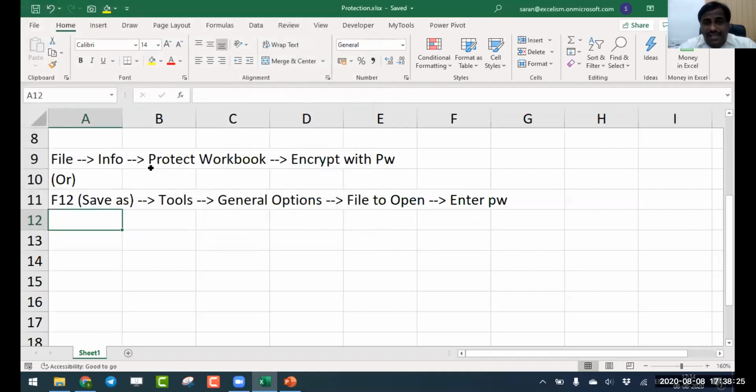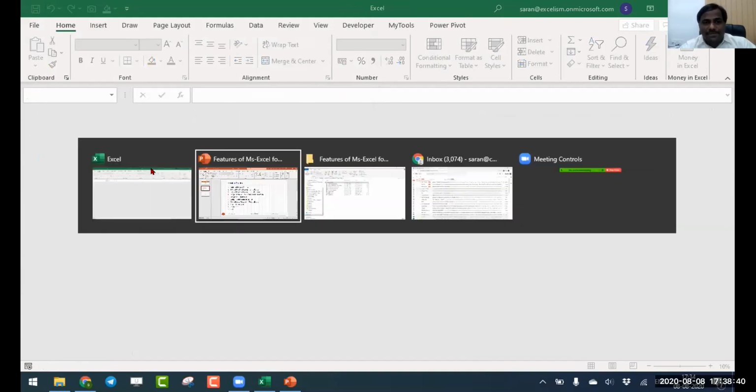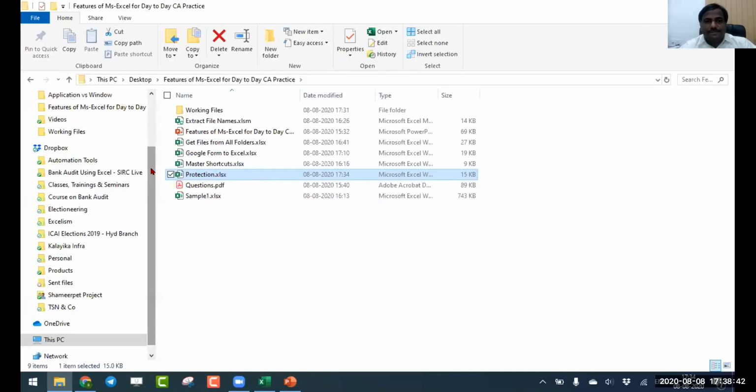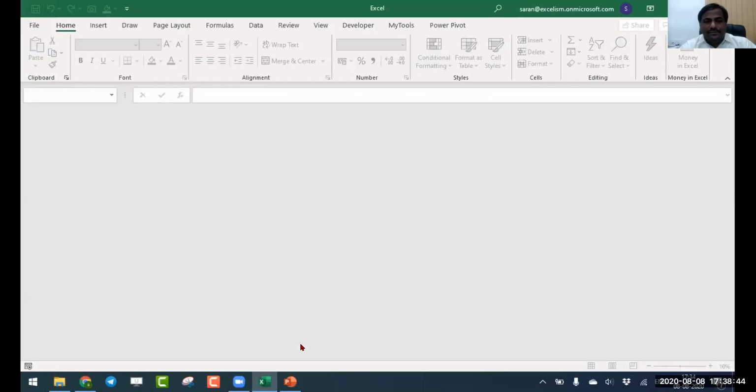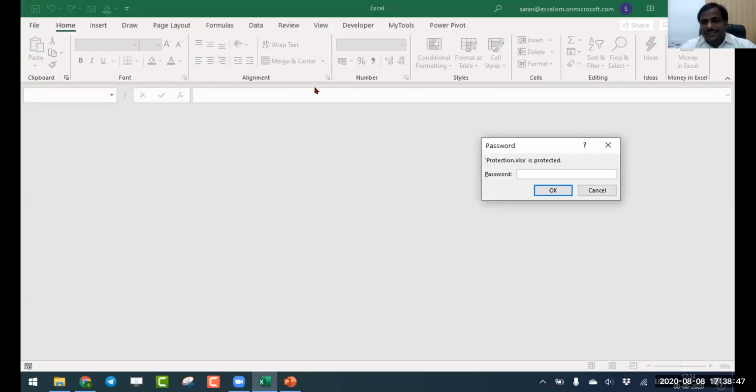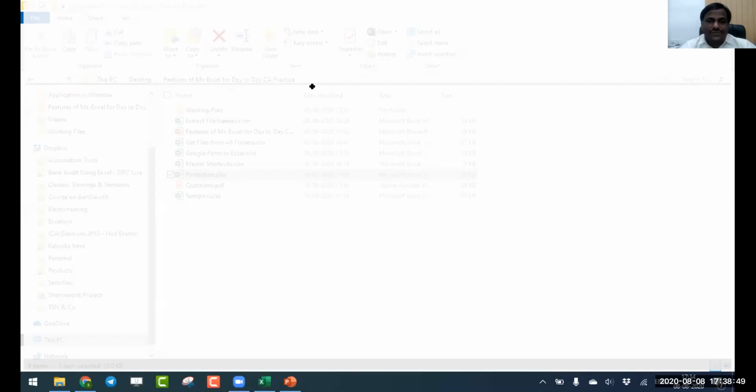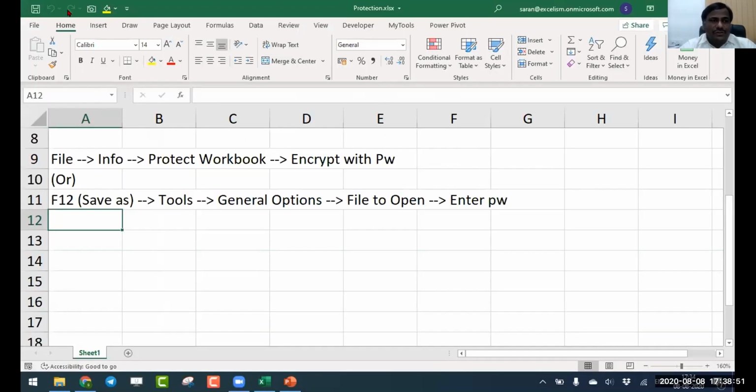My dear friends, the most important part of the protection is that you need to remember the password, because once you forget, gone. Learning the concept, remembering the password is very important. Let me save this file and close it. Let me open this protection. It's asking for the password. Let me enter the password. Done. Now, to remove the password: